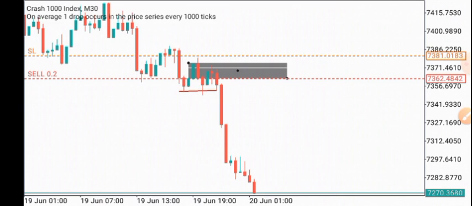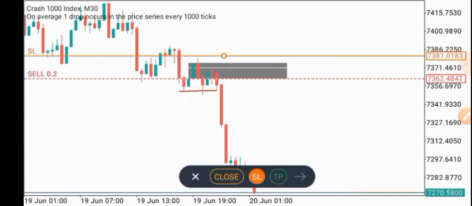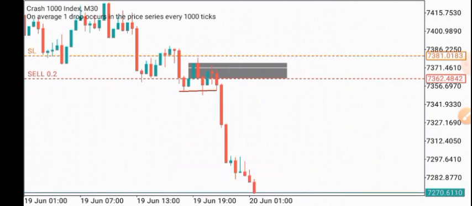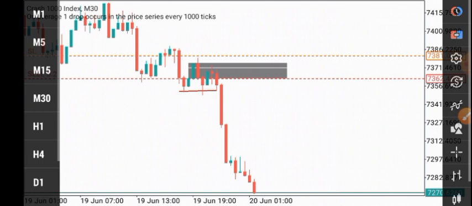There are four key factors I'm going to give you that will help you to identify a high probability order block. Okay, so number one is unmitigated. The order block must be unmitigated. What does that mean? To say that an order block is unmitigated simply means that the order block has not